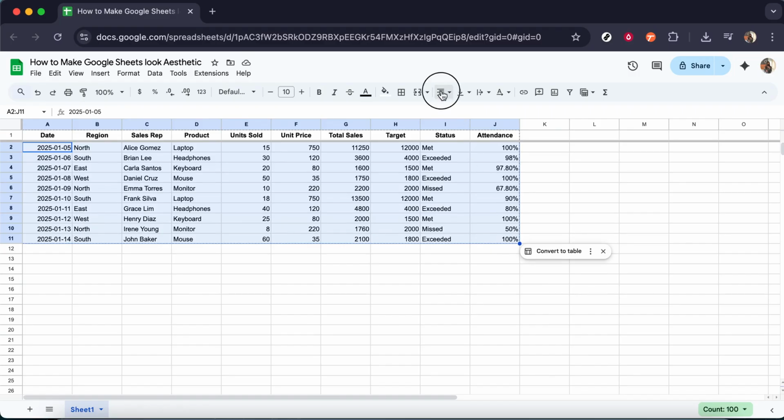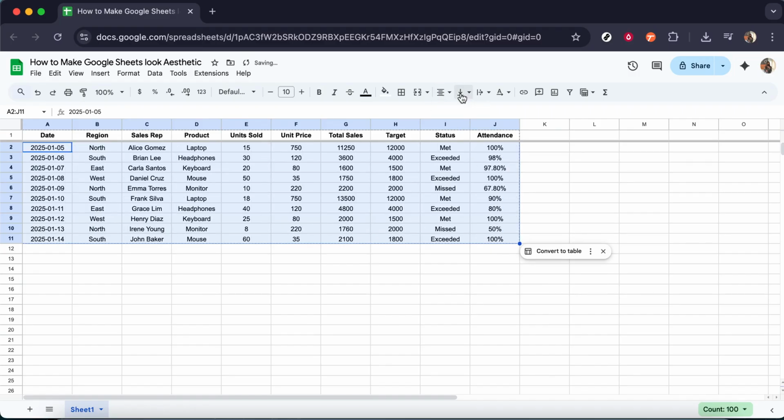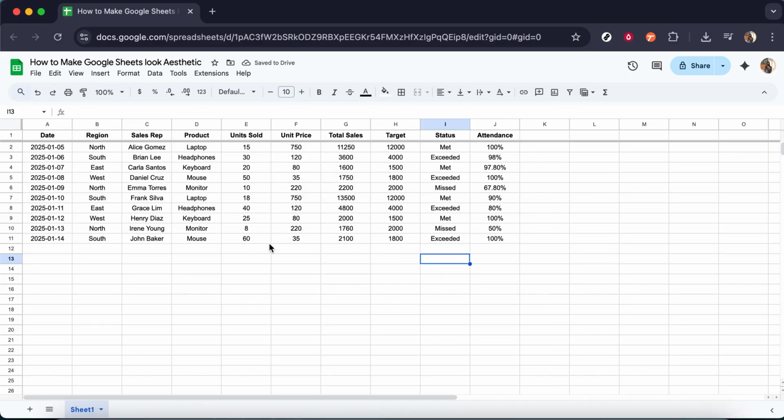Provide enough space for content with a little extra room to breathe. If your text is too wide, consider using the text wrapping option to ensure all your text is visible without excessively widening the columns. Moving on to enhancing readability and adding visual elements, a simple yet effective technique is to